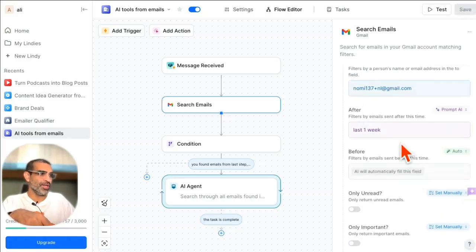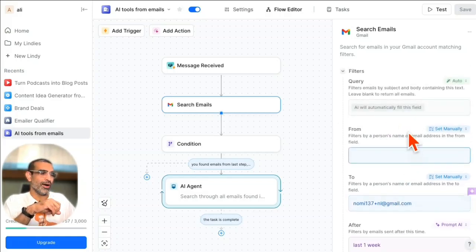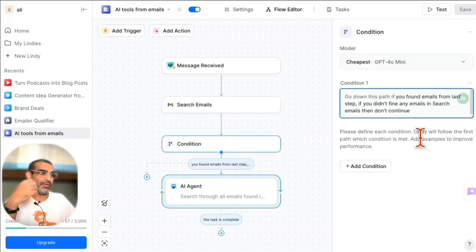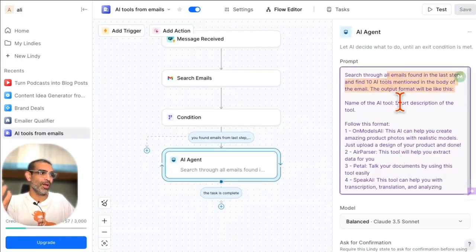And also from last week, and the emails that are sent to this specific email address, because all the newsletters that I subscribe to, I used a specific email address. You can also do a filter by a query. You can do that too. Then I check a condition that we found some AI tools, and then the AI agent actually goes through my emails and it finds different AI tools that are mentioned in the email newsletter. So I don't have to manually go through every single email newsletter. And I'll show you how,